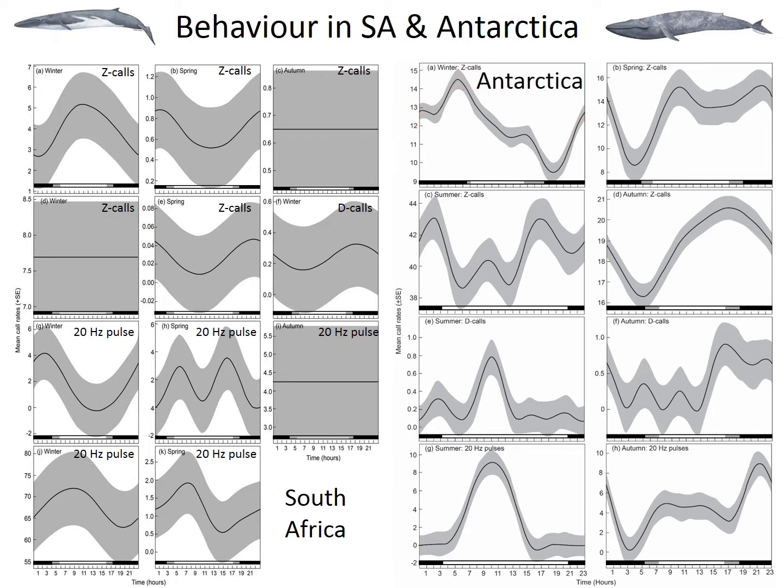And the same with spring, where we had a decrease during the day of Z calls in South Africa, and in Antarctica it's the opposite, an increase in calls during the day, which is interesting because these different sites are used for different purposes. Antarctica, we know that it's mostly used for feeding, and South Africa, or the west coast of South Africa, should be for overwintering and mating, or also breeding at some stage. So it was quite interesting to see that these whales adopt behavior according to the site where they occur at a given time.